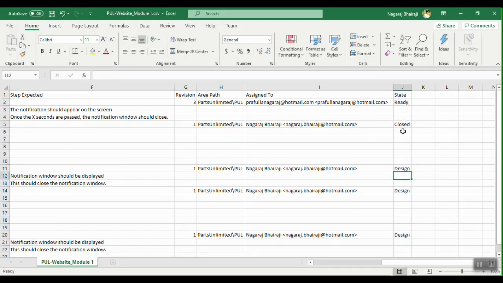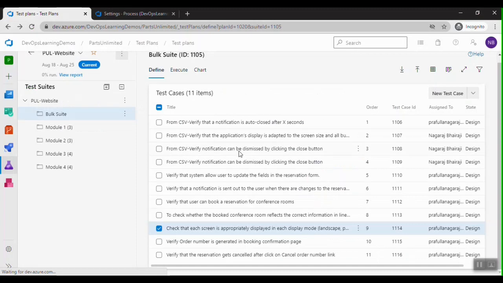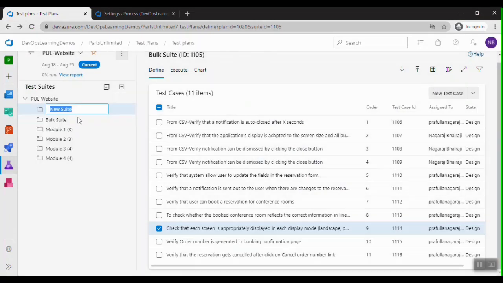Basically the test case has states design, ready and closed. These are the state flow values for the test case. So I've changed that, and let me create a new suite here, just say static suite.